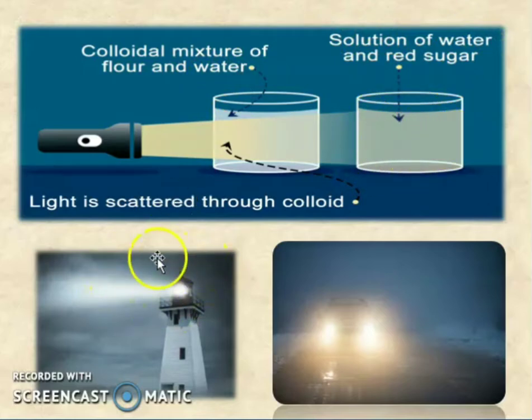Okay, now here you can see light through a pole, so that is also the Tyndall effect. And here a car runs in mist or fog, and at that time also you can see the Tyndall effect. So what is the cause? The Tyndall effect is caused by the scattering of light by the colloidal particles. Even when a beam of light is thrown on the screen, the path of the light is clearly visible, just as dust particles in the air scatter that light.